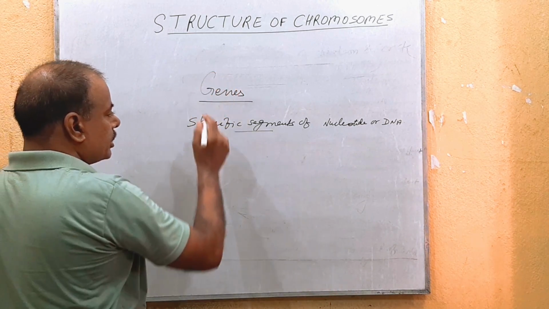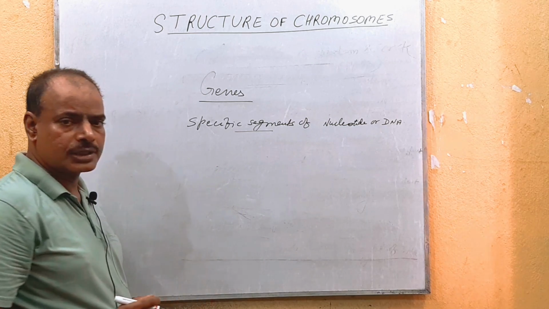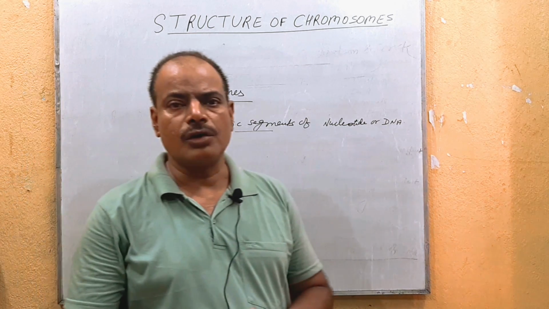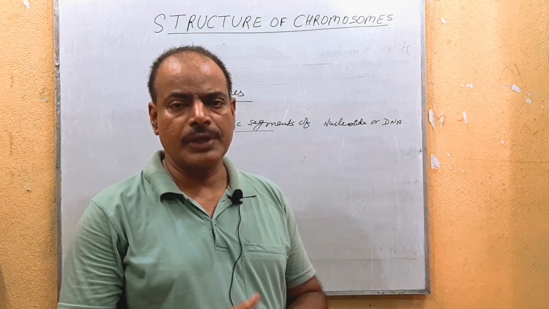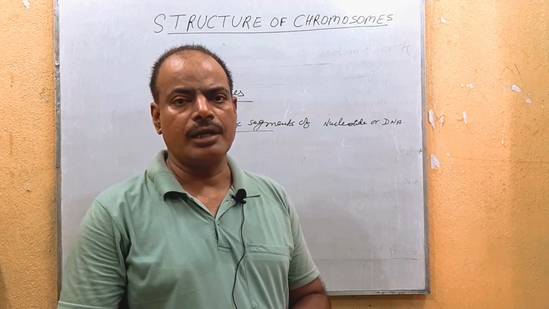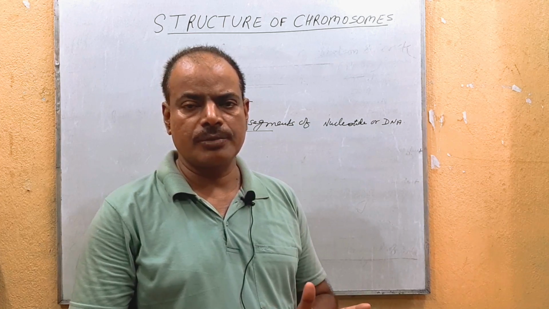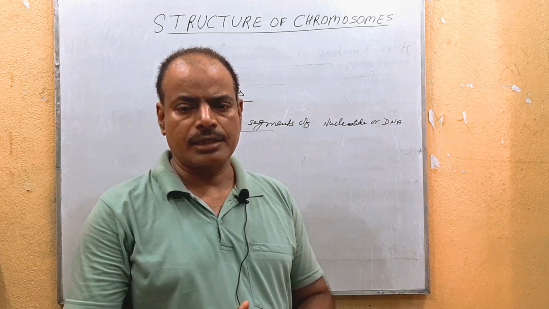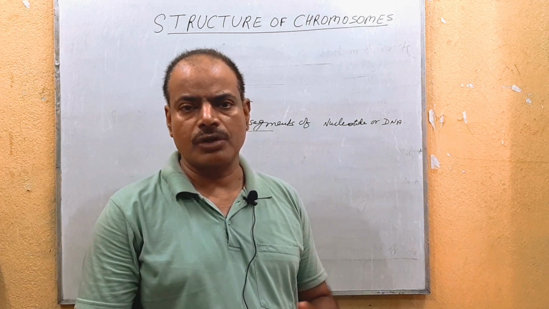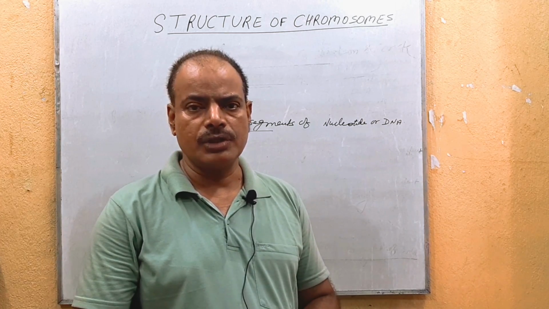So genes are located on chromosomes, and therefore chromosomes are also called carriers of genes, vehicles of genes, and DNA is known as genetic material. Genes are the carriers of characters from parents to their offspring, or you can say genes are the unit of